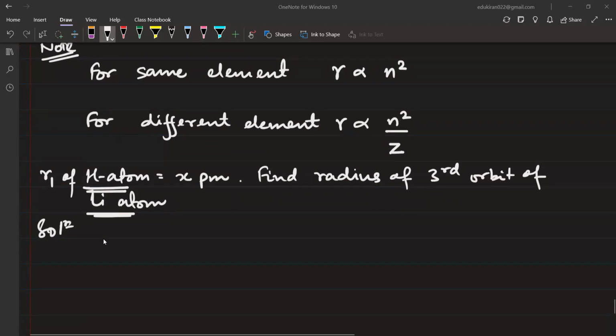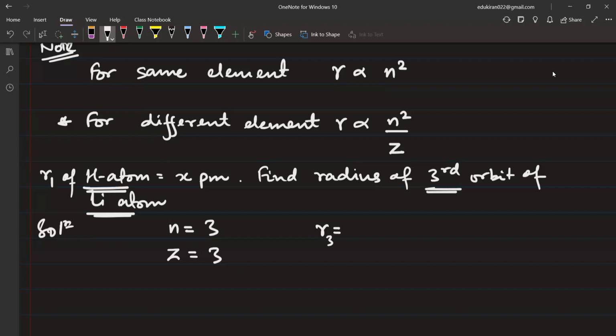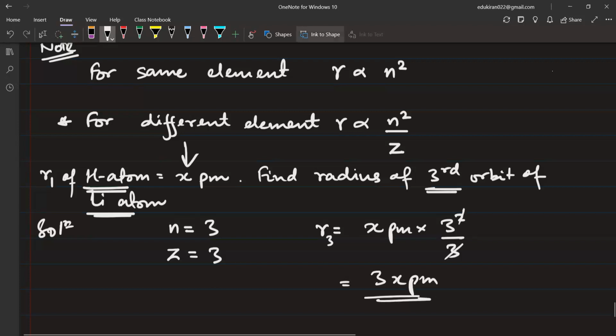So which one we are going to use? The second one, right? So radius will be directly proportional to n square. What is the value of n here? We have to find the radius of which orbit? Third orbit. So 3. And what is the value of Z? Atomic number of lithium is 3. R3 of lithium will be equal to A, which is x picometer, into 3 squared by 3. 3 will get cancelled and we'll get 3x picometer. बाकी तो x की वैल्यू जो भी हो कैलकुलेशन हो जाएगी।